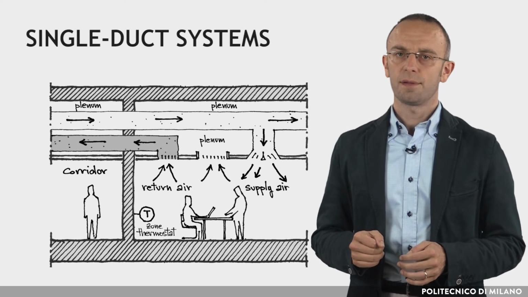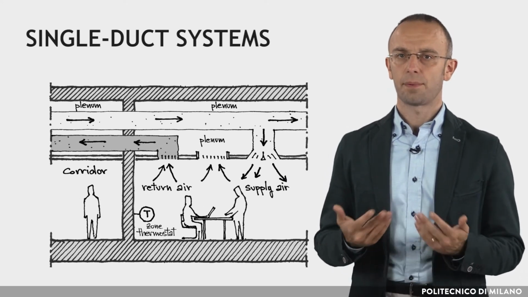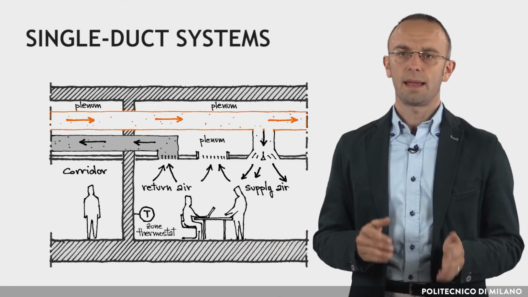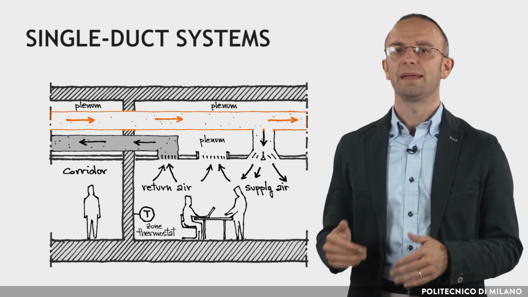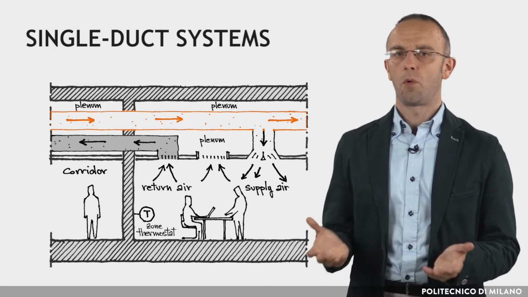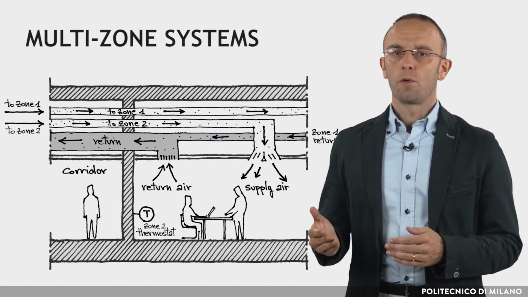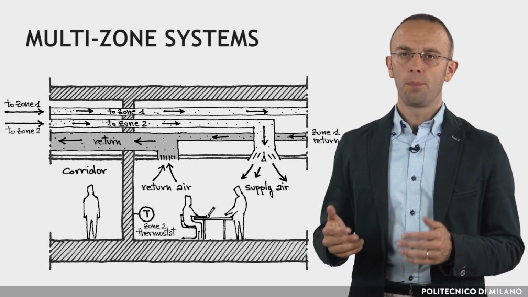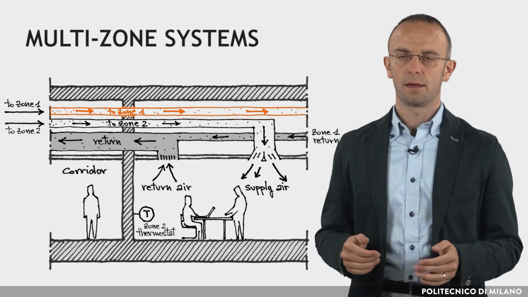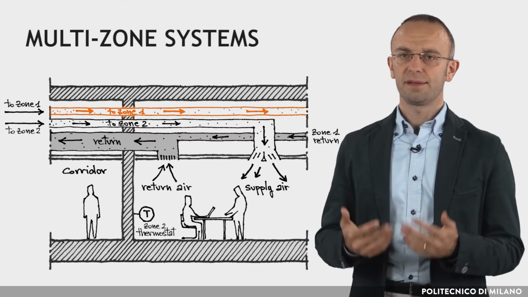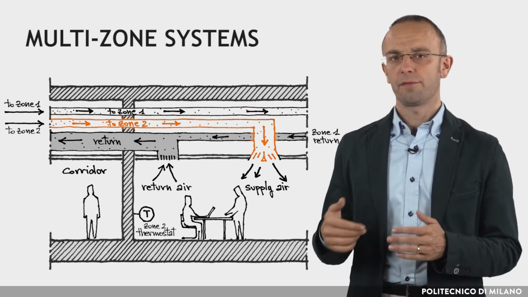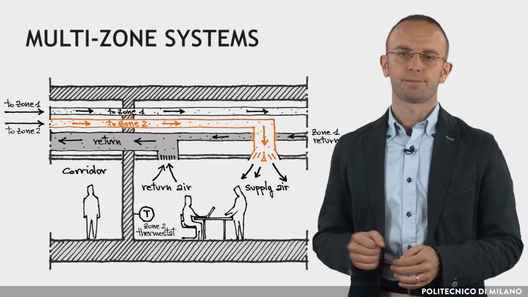In a single duct system, the humidified air at an appropriate temperature is circulated through the building in a single branching duct, but temperature and/or humidity cannot be independently controlled. For this reason, this system is appropriate for small buildings. Multi-zone air configurations are instead composed of an individual supply air duct for each thermal zone in the building. Cool and warm air are mixed to suit the needs of each zone. Once mixed, air is supplied through separate ducts to each zone.